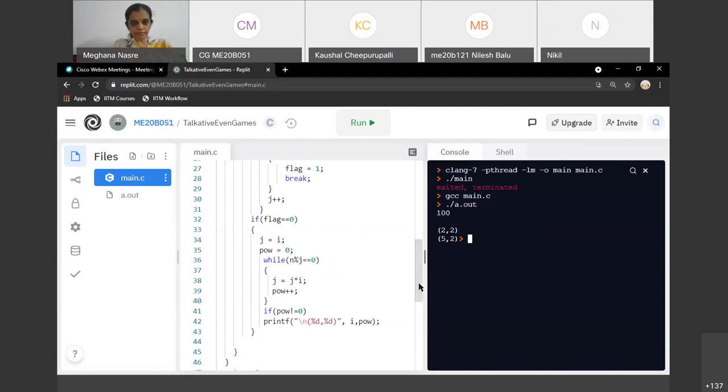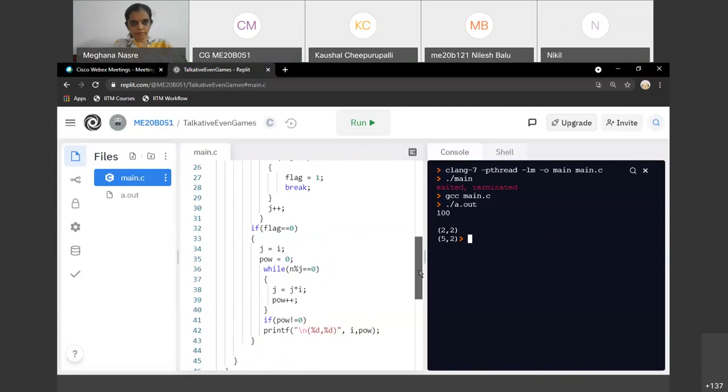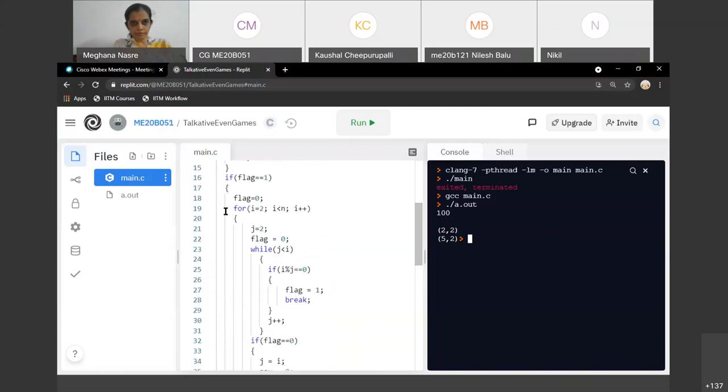Okay. I didn't put this. Basically, I first check if i is a divisor of n, and